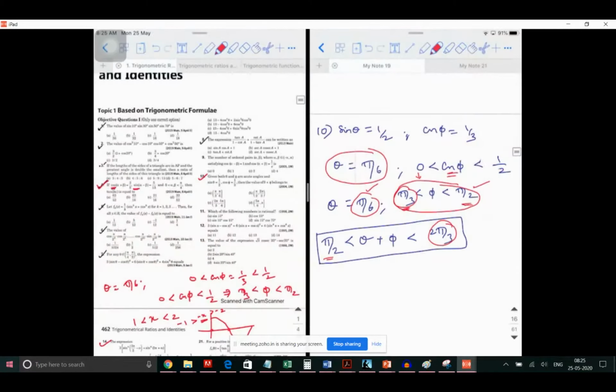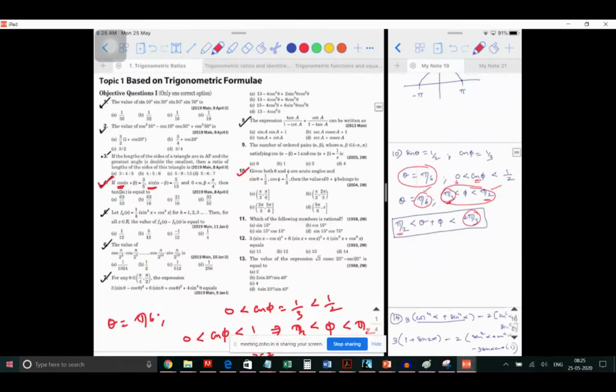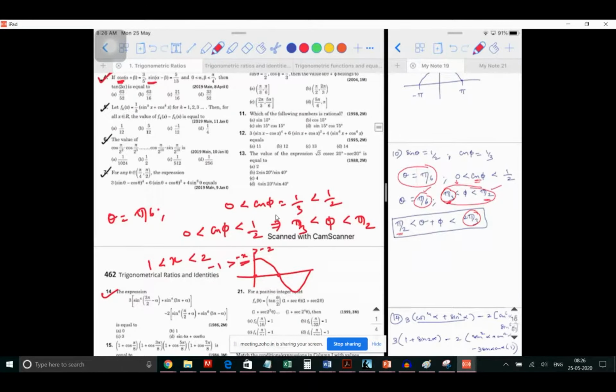Clear? So here the point which you are supposed to notice is that cos is a decreasing function. From where to where? Is it a decreasing function everywhere? Is it monotonically decreasing? 0 to pi by 2. Is it only 0 to pi by 2? It's a periodic function, so it will increase and decrease. Correct. But my question is, for 0 to 2 pi, tell me where all it is decreasing and where all it is increasing. Split the range and tell me. If I give it as 0 to 2 pi, the graph is in front of your eyes.